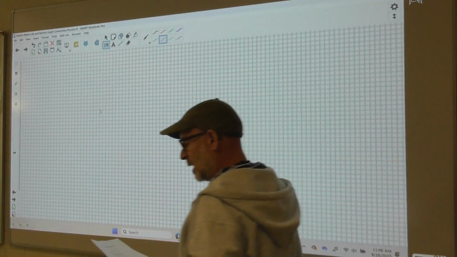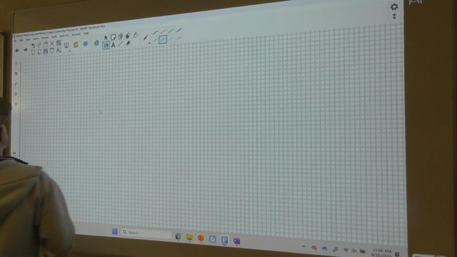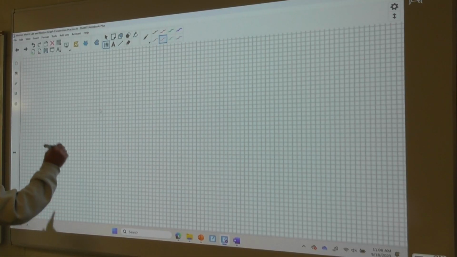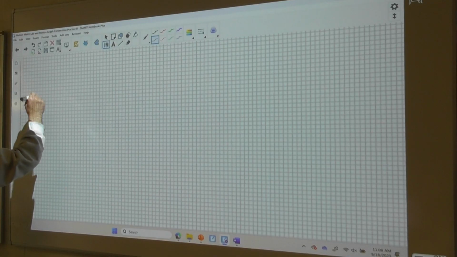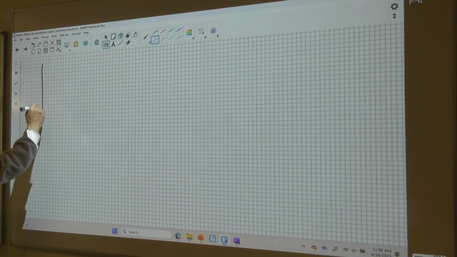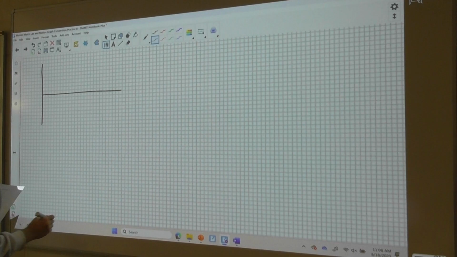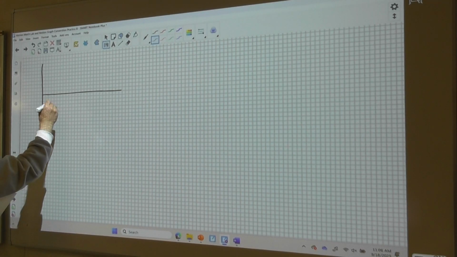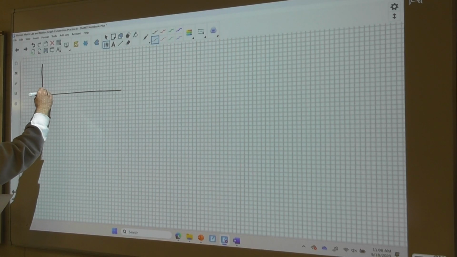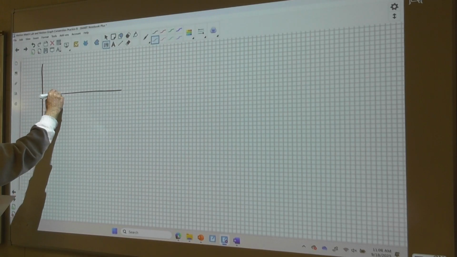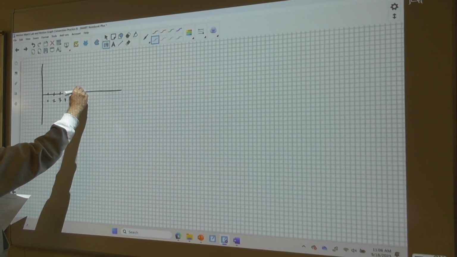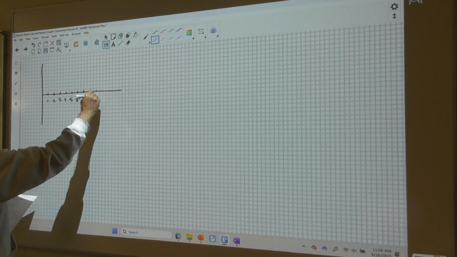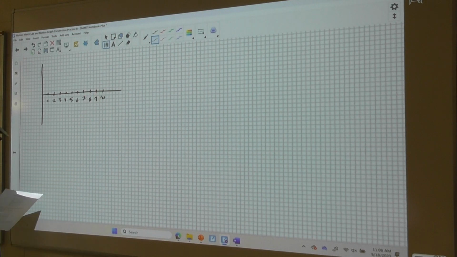All right, so this is motion graph conversion practice B, and it says on the graph above, draw a position versus time graph showing the following motion. So I'll draw my position versus time graph. It looks like I've got 10 seconds to look at, so I'll do 1, 2, 3, 4, 5, 6, 7, 8, 9, 10. And I need to think about